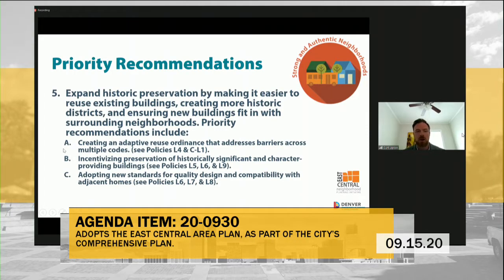As many of you know, the East Central area contains a number of historic landmark buildings as well as historic districts. That has been a consistent community value throughout the process to continue improving historic preservation and actually expanding historic districts. We have a number of recommendations in the plan to both add historic designations and create new creative ways to preserve existing buildings, such as through an adaptive reuse ordinance, looking at different incentive-based approaches to encourage preservation of